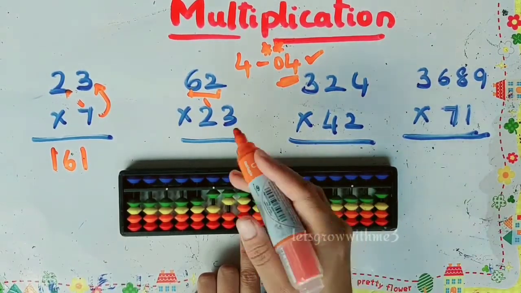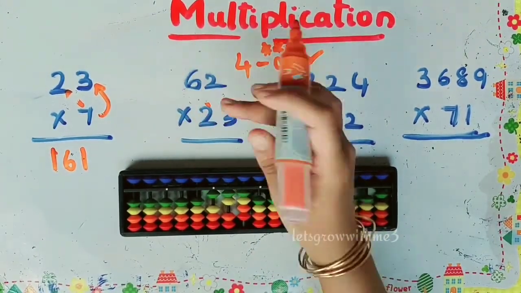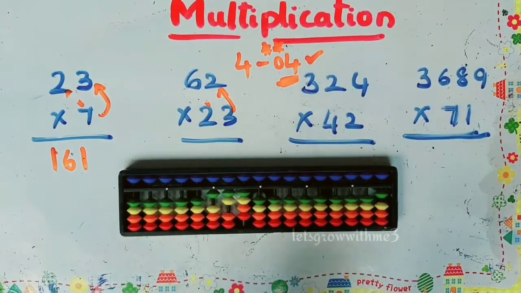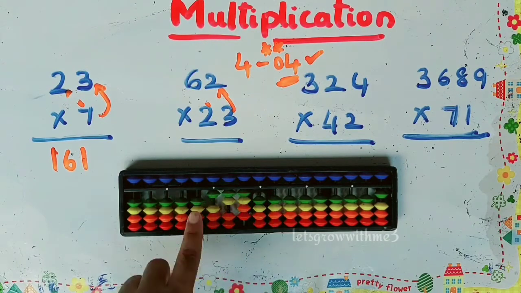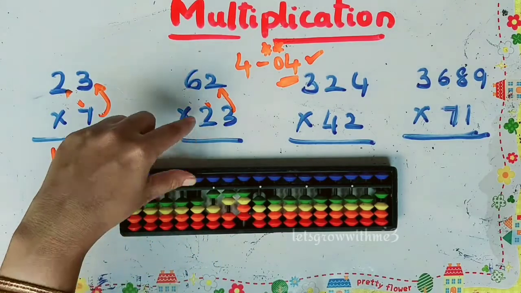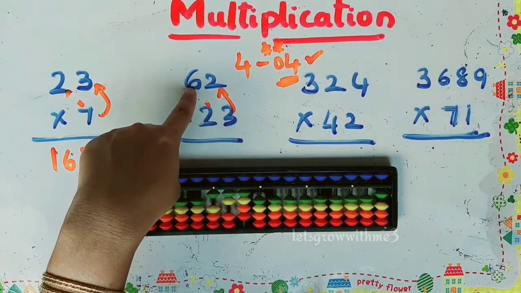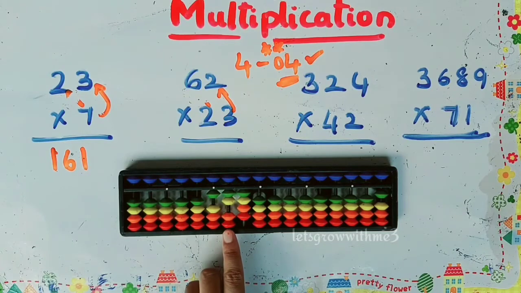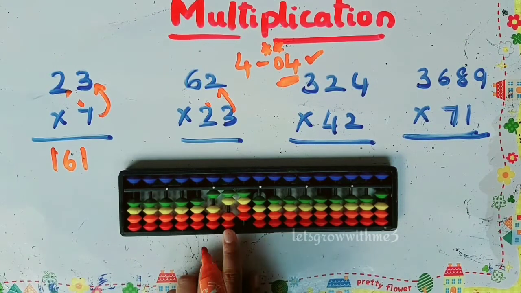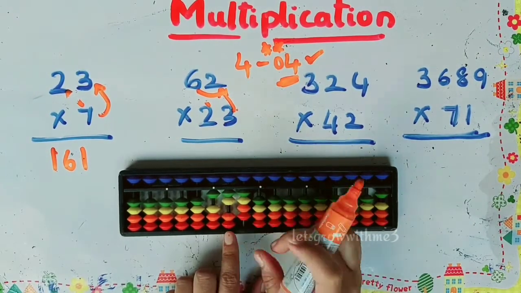Then we need to do 62 times 3. As we are leaving 2 here, we should leave the first leftmost column. 2 means the thousands column, we have to leave it, and then we need to start from the hundreds column, because in multiplication now only 3 digits are participating. So that's why we are leaving this 2, and we will start from the hundreds column. 3 6s are 18, so we need to set 1 in the hundreds column and 8 in the tens column. So 1 8, 18. Once we set 18, we will leave the hundreds column, then we will go for the tens and ones column for the next value.